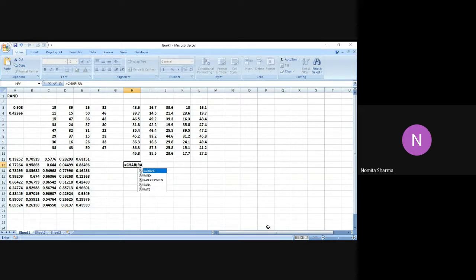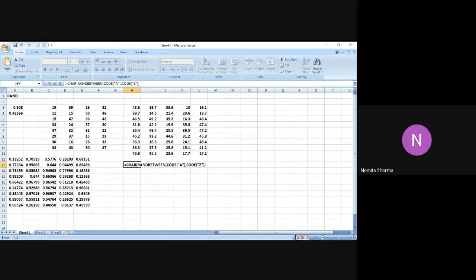I say RANDBETWEEN. Within the RANDBETWEEN, I use another function called CODE. I close the bracket, I use a comma, and for giving the upper limit I use another CODE function, and I write z over here, and I close the bracket.